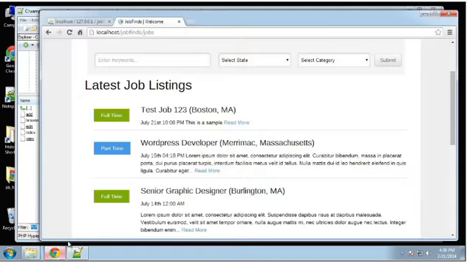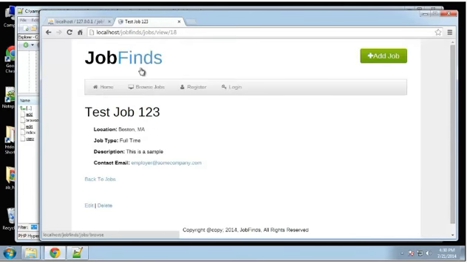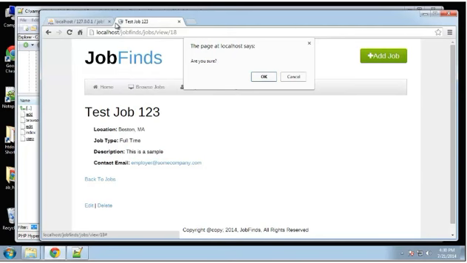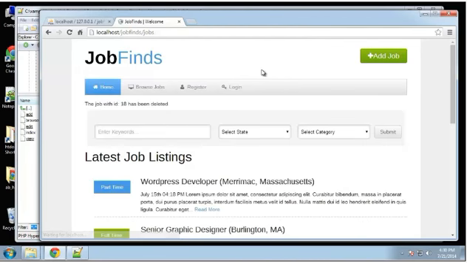So let's save that. Go back to our job and click delete, and you can see that it asks us if we're sure. I didn't write this. This was included with Cake. Alright, so we'll say OK. The job with ID 18 has been deleted. Okay, so that works flawlessly. So that's it. We're pretty much done with jobs. Next we'll move to the different